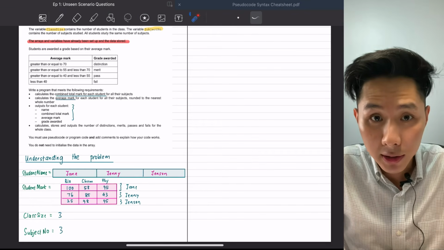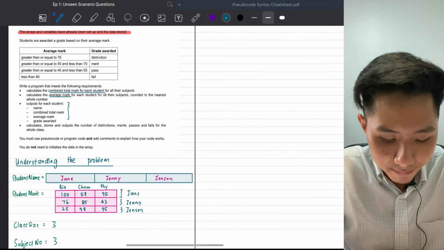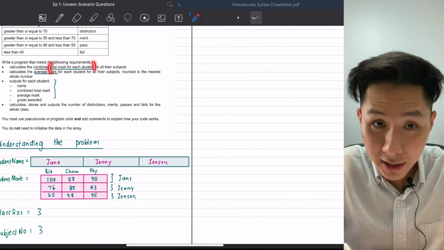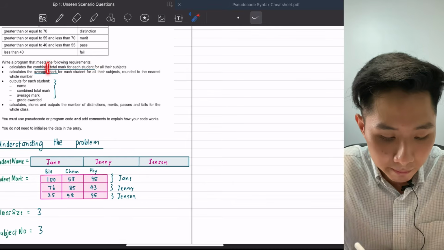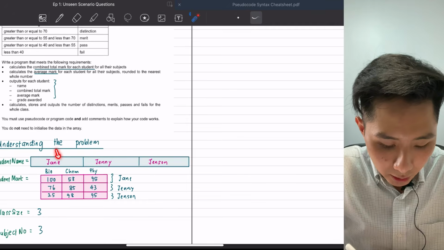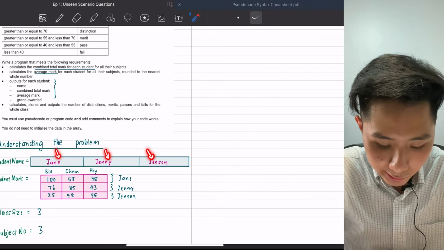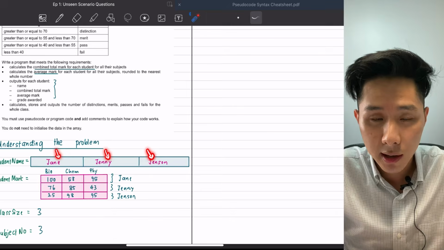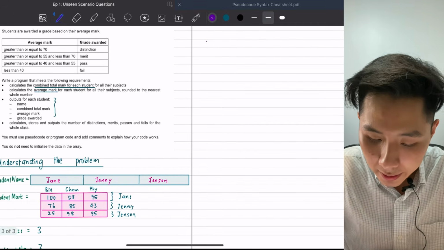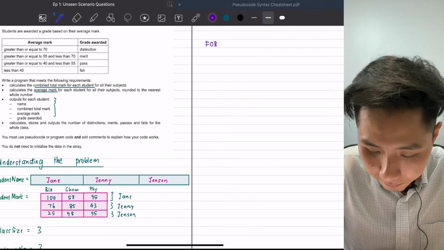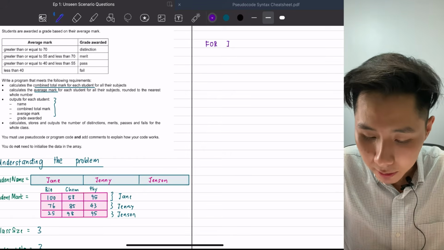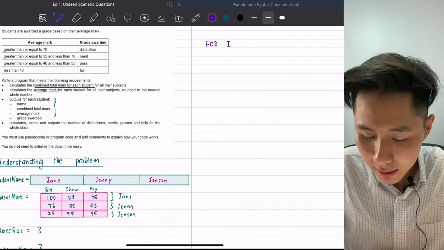All right, let's try to solve it using pseudocode. First of all, because we need to calculate the total mark, again, I said we solve the easy problem first. The total mark for each student, I'll need to create a loop that will loop through each student name and also their marks. So when it comes to loop, I will use a for loop here. So I'm going to write for, let's say I'll use I as my counter. For I